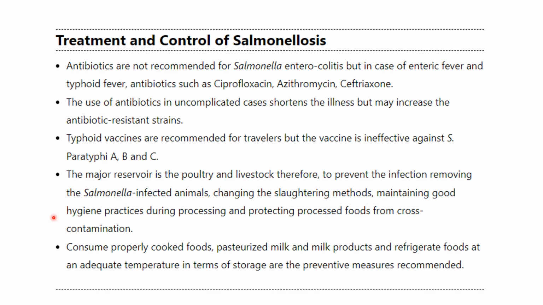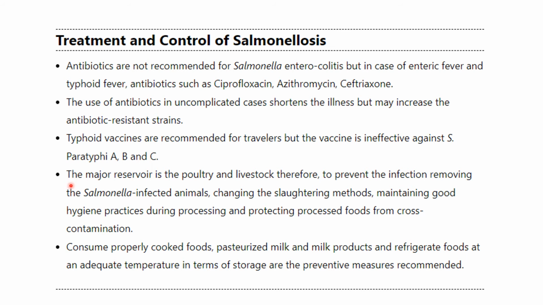With regards to control, treatment of salmonellosis in humans is not in our domain. So here we are on the control of salmonellosis. As I have mentioned in the beginning of this lecture, the majority of foodborne illnesses are due to food articles that are of animal origin. So that notion also holds true for salmonellosis. The major reservoirs of salmonellosis are usually poultry and livestock, and also their products.